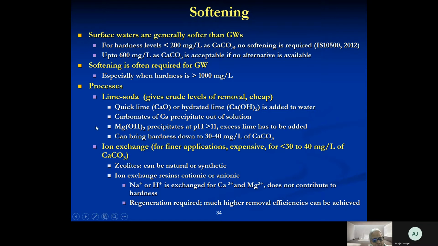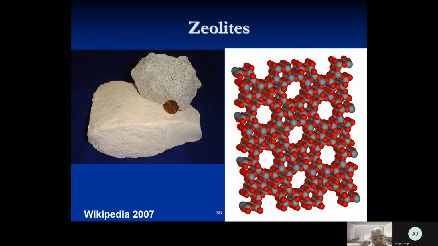Then we go for the finer process. I've already mentioned that if you want to achieve less than this level, 30 to 40 milligrams per liter of CaCO3, if you want to go below that, then you have to go for ion exchange. Ion exchange is a type of adsorption process. And what is adsorption? I'm not going to go too far except to say that,